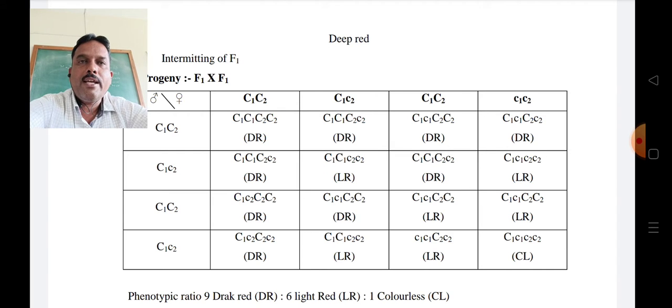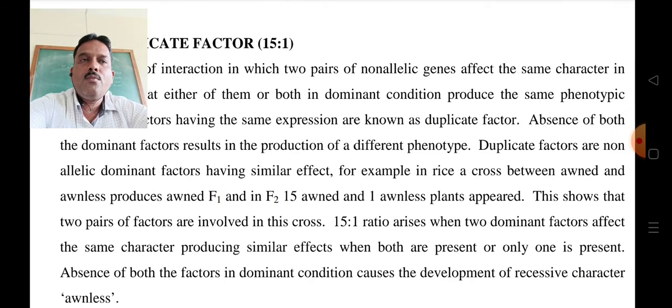So we can solve that example in the notebook by taking the genotypes, finding the gametes for each of the F1, then entering the female gametes vertically and male gametes horizontally. We can observe the 16 genotypes in the checkered board, then we can run the sorting and prove that ratio 9:6:1.